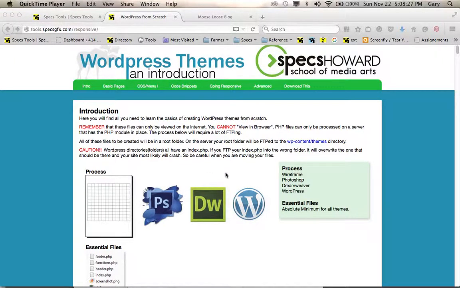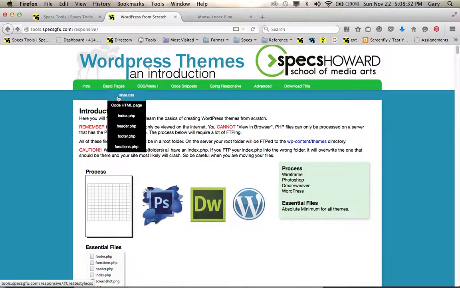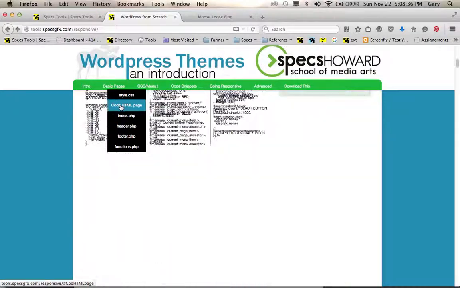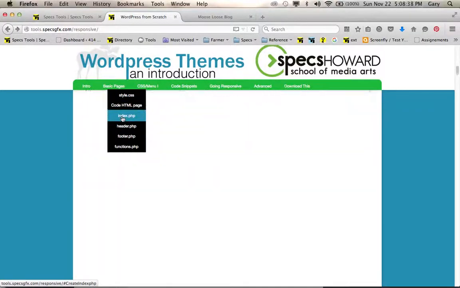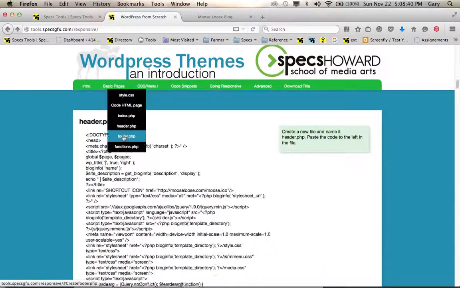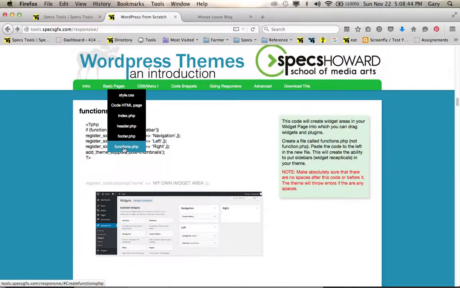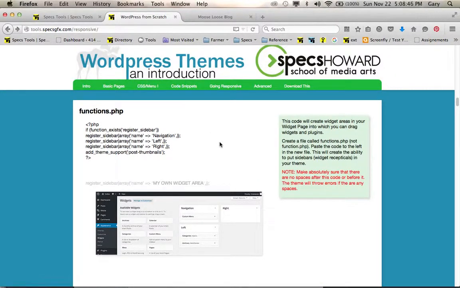Okay, so now we went through the intro. We studied our basic pages. We created our CSS, our style CSS. We coded our page. We now have our index, our header, our footer, our functions, and we're just following down the buttons. Okay, now we're going to create this really cool navigational scheme so that when people are viewing the